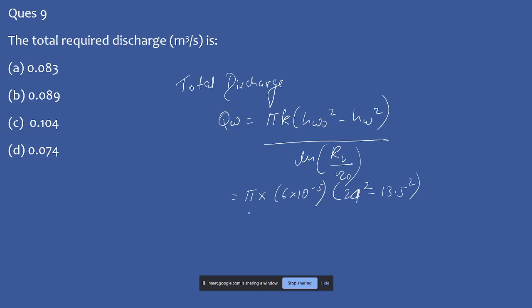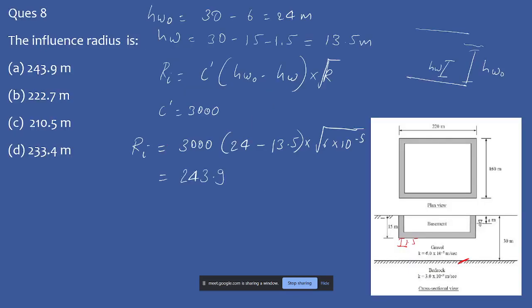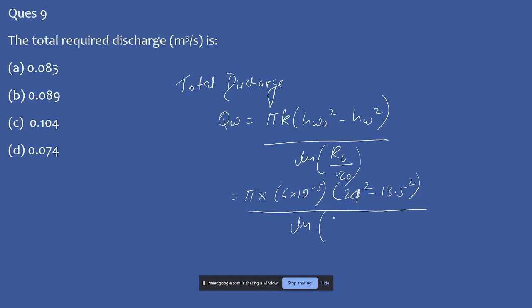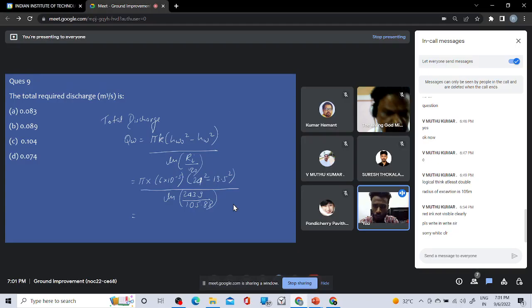divided by ln of Ri. I guess we have evaluated that in the previous part, 243.9. And the initial R naught is given. Initial R naught is 105.88. So if you calculate this, this R naught 105.88 was given,